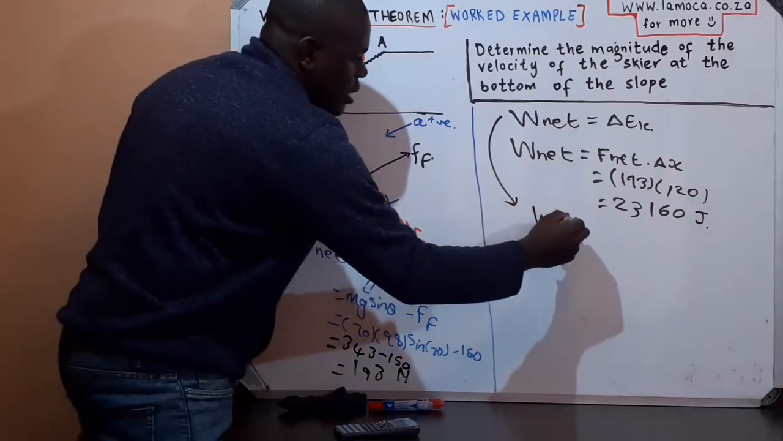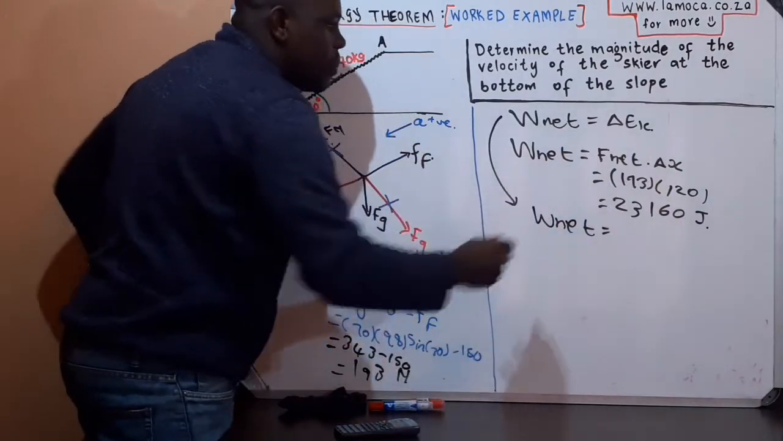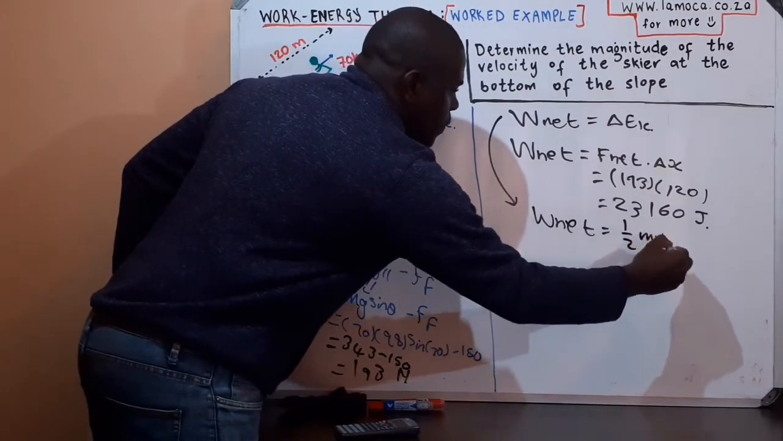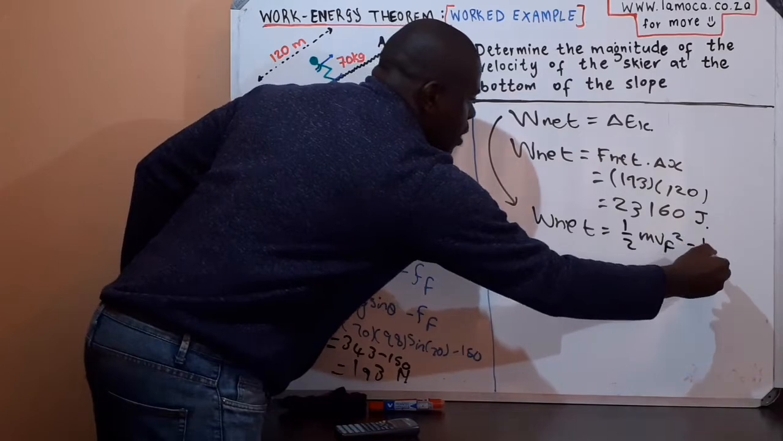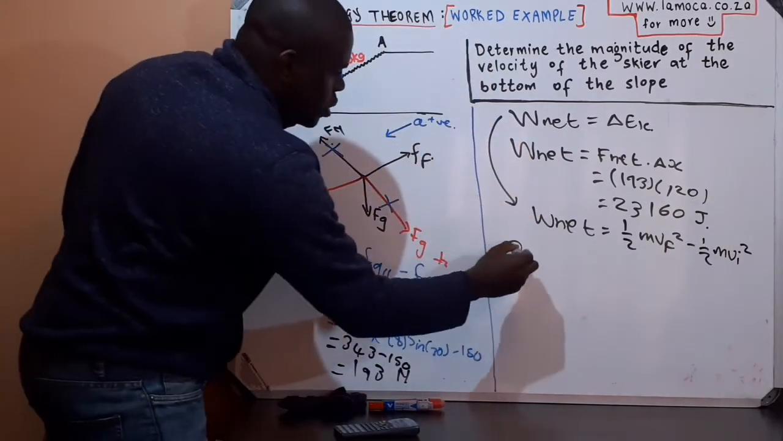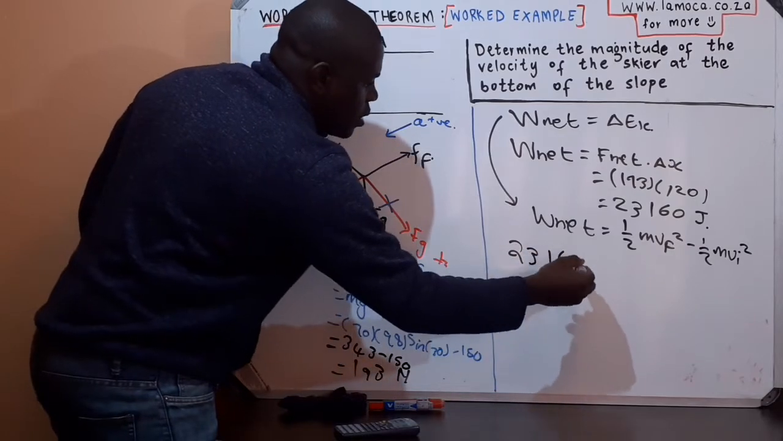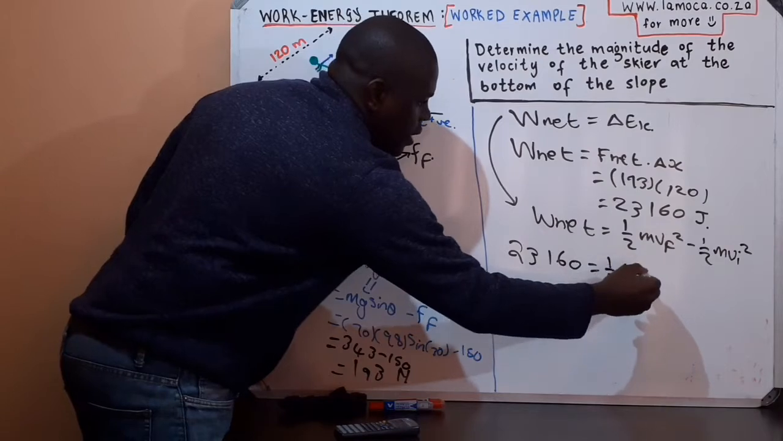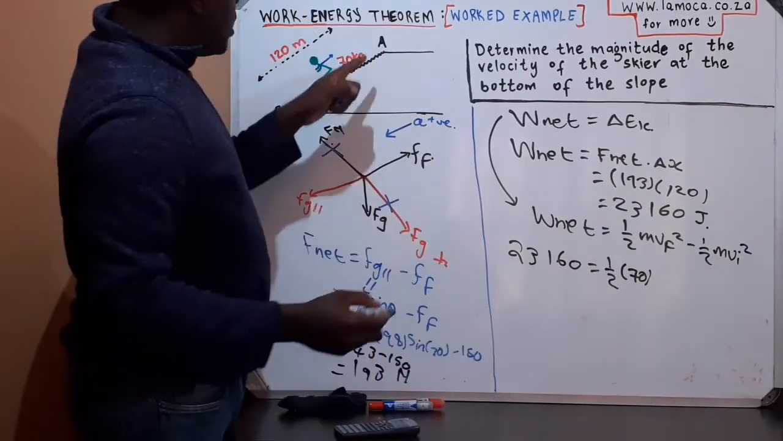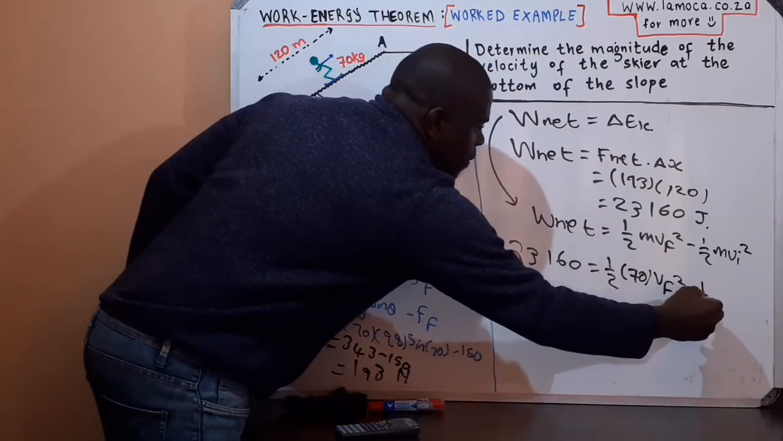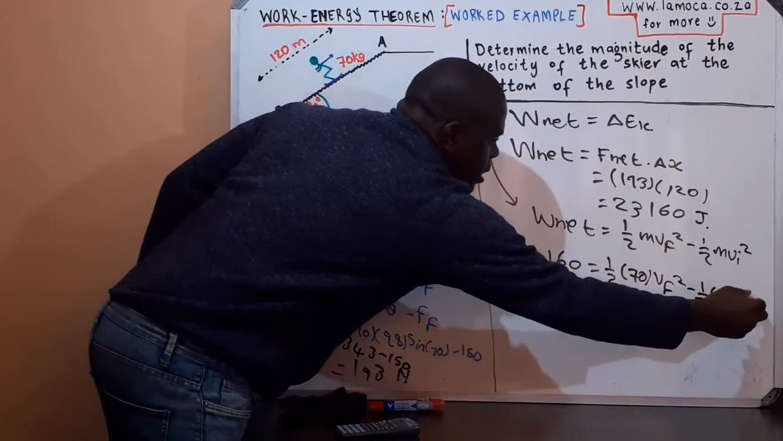Now, since we have the net work, our work is simple. Work net is equal to change in EK. But let's expand the change in EK now: half m vf squared minus half m vi squared. The net work is 23,160 equals half of 70, which is the mass of the object, times the final velocity, which is what we're looking for, vf squared, minus half of 70 times